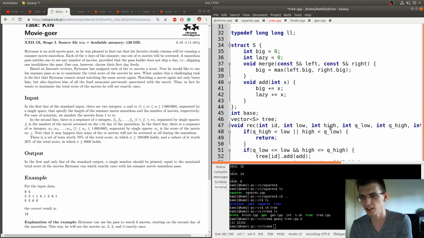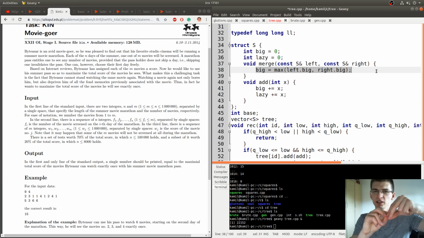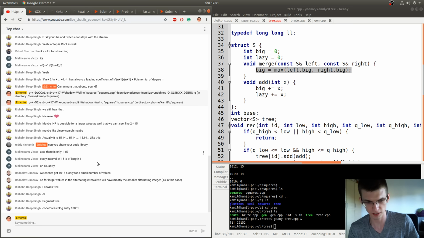And in this case, the merge function is very easy because, like in my code, big represents the biggest value in the subtree. So in the parent, the biggest value is the maximum of the biggest values in the children. So it isn't a complicated solution.